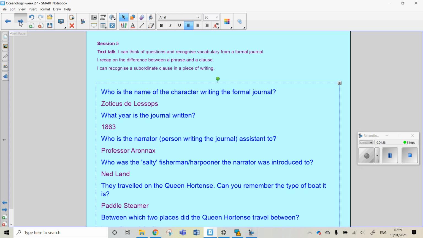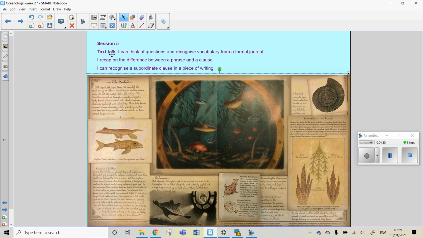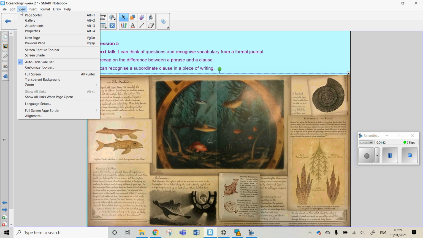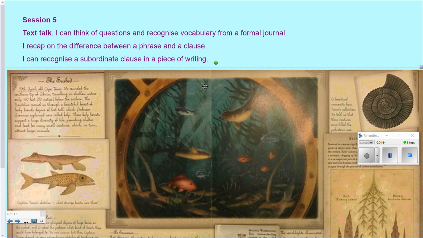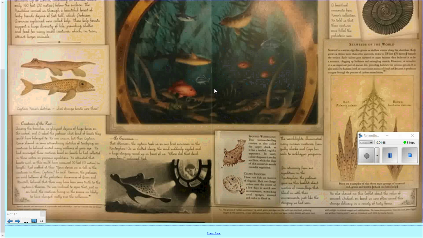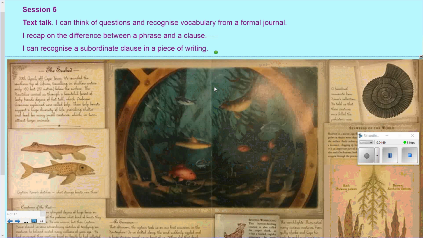So we'll now move on to the first objective, text talk. I can think of questions and recognise vocabulary from a formal journal. We're now going on to the next 2 pages from Oceanology. And I'll just zoom in so you can have a closer look at those 2 pages, and you can see them here. Now, as I did last week, I have taken a photo of the page and then saved it onto the assignments tab of